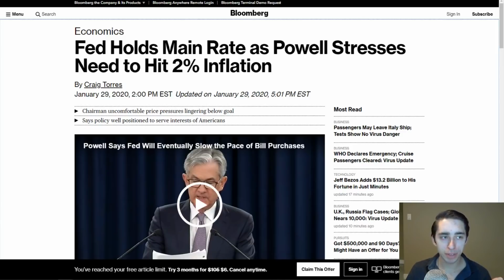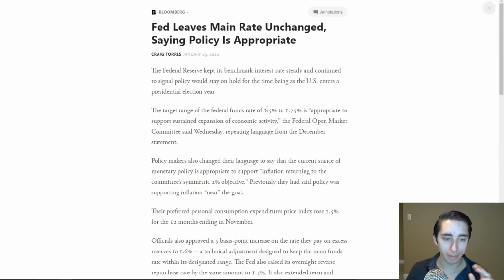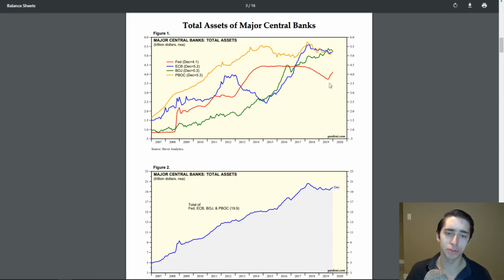Now, the interesting thing here, if we dive into this article, right, they've decided to not change monetary policy. They've already been doing what's known as easing in this case. They've been reducing interest rates, so it's cheaper to borrow capital. And along with that as well, we'll see that the Fed has been adding on to its balance sheet here. It's actually been reversing what's known as quantitative tightening, and has been continuing back on its course of expansion that it started back in 2008 since the recession.